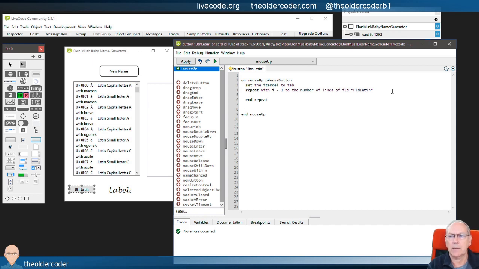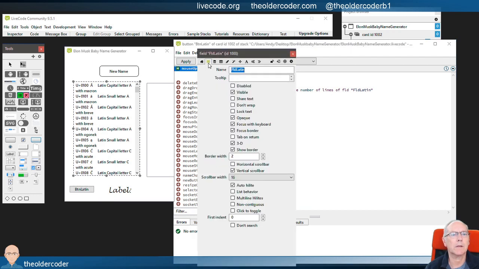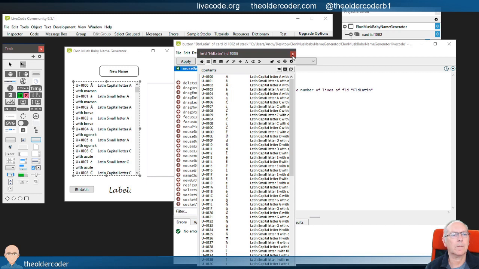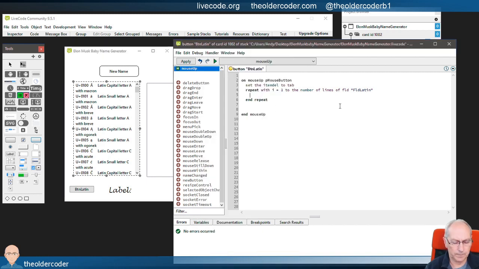So we need to say item. It is item 2, isn't it? Let me just have a look at this. Let me just double check in the properties again. Yeah, item 2. Good. So let's put item 2 of line I, whichever line we're up to at the time, of